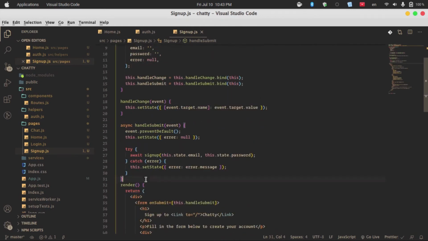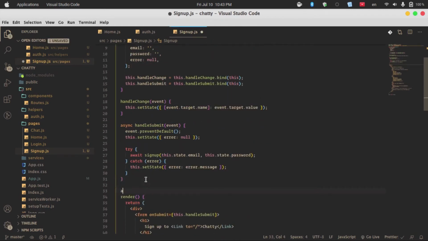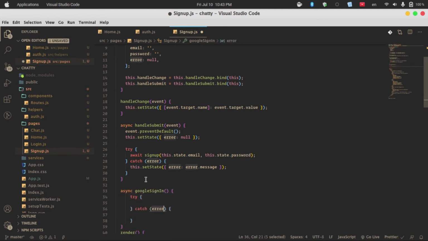So the handler should be async googleSignIn, and inside the method we are going to use a try catch statement. Inside the try we are going to use await signInWithGoogle with the parentheses and end with a semicolon, and after pressing the tab key